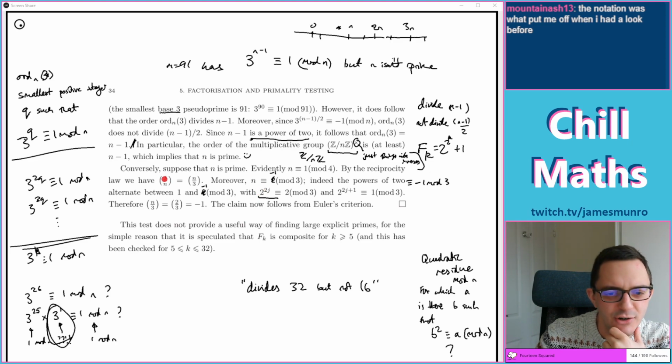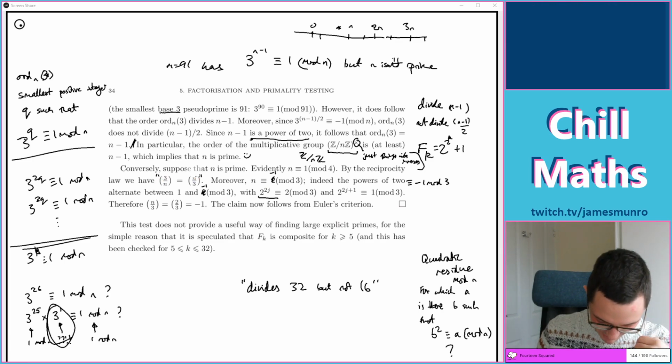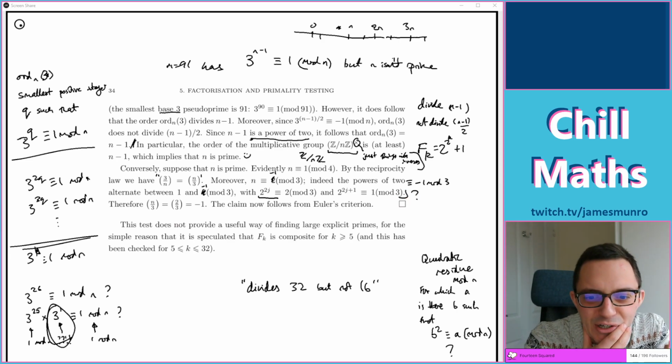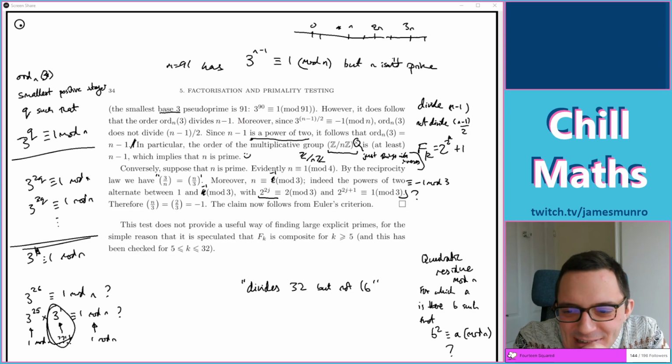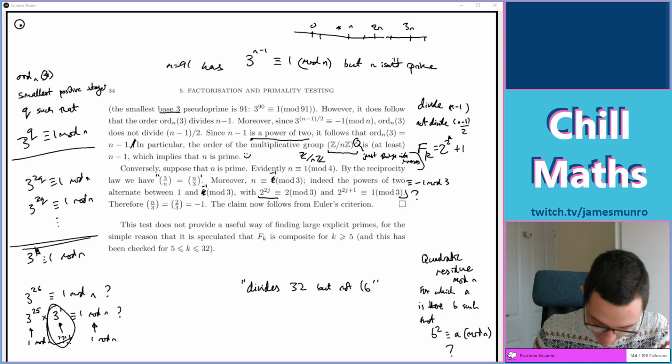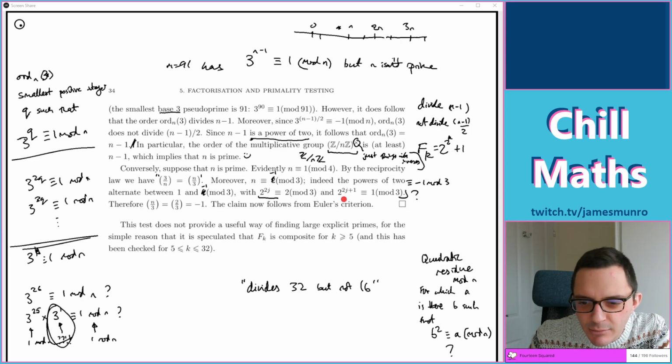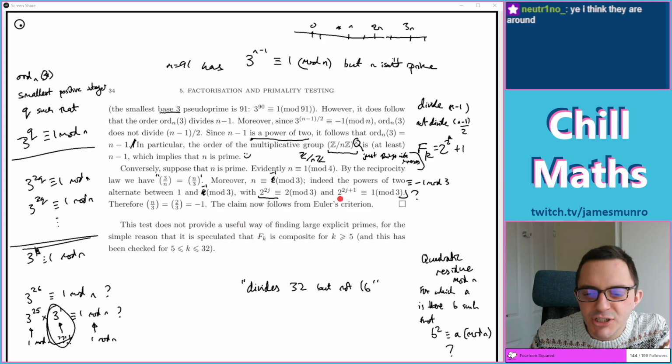Yeah, the notation's horrible, right? Might try and do it in a second, but first I want to understand this bit. Okay, let me know in chat. Am I being daft? So this is talking about whether powers of 2 are 1 more or 1 less than a multiple of 3. If I put in j equals 0, or j equals 1, let's try j equals 0. Gives me over here 2 is not 1 mod 3. And over here 2 to the 0 is 1, which is not 2 mod 3. And if I put, I think these are the wrong way around.